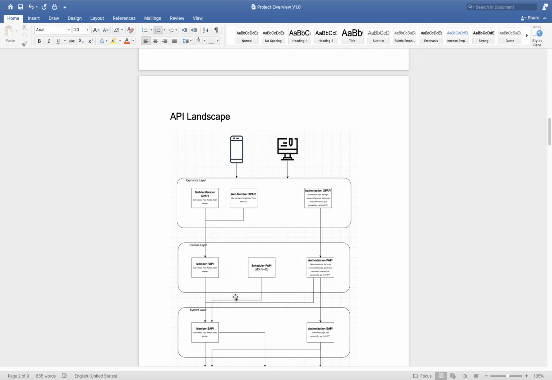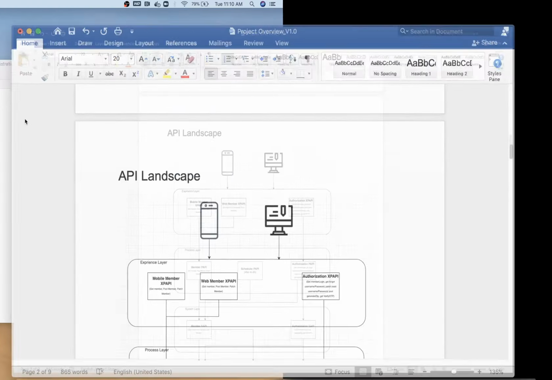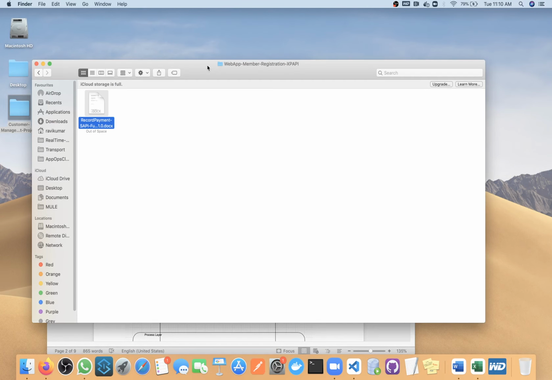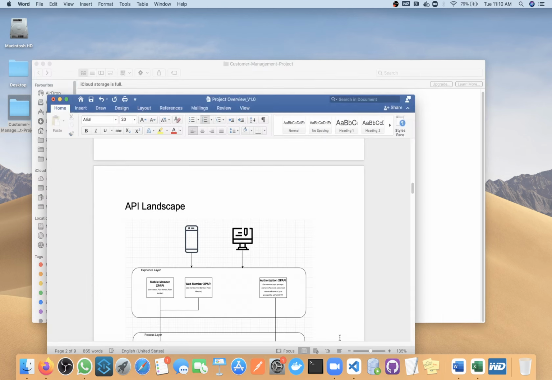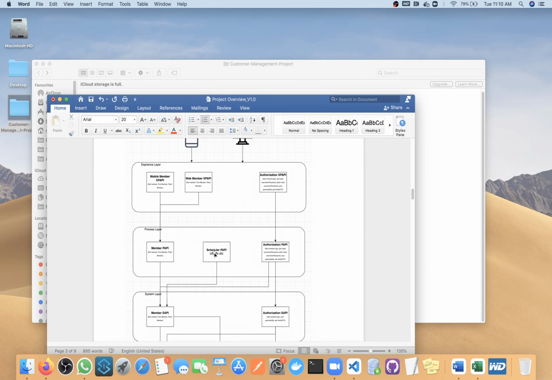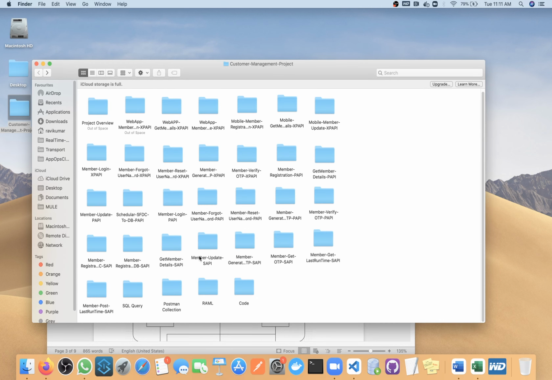Okay, now we'll see the detailed document of one API. Okay, since we have, I think, almost 28 API. So if you see here, we have almost 28 API, or maybe 1 or 2 API we can increase as I told. Like for this scheduler process API, we can create one experience API if you want to make it on demand basis. Okay, so 1 or 2 API can increase, but that we'll decide later on.